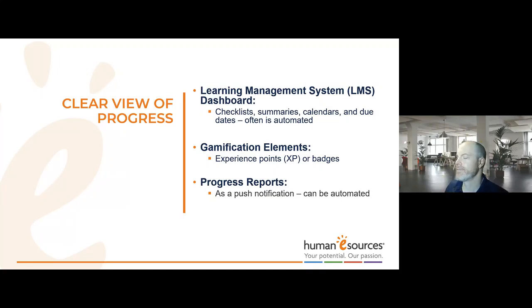Clear view of progress. This is one of the last points for optimizing learner engagement. So learning management systems will often have a dashboard of the progress in a course. Pump up that dashboard in terms of its prominence within the course, because you have that ability in most LMS systems to get the dashboard to display to students, either at the top of the course or throughout. So, and maybe make sure they're checking it often. Gamification of certain elements, so being able to earn badges as they go through, or simply see their grades or what they've completed along the way.